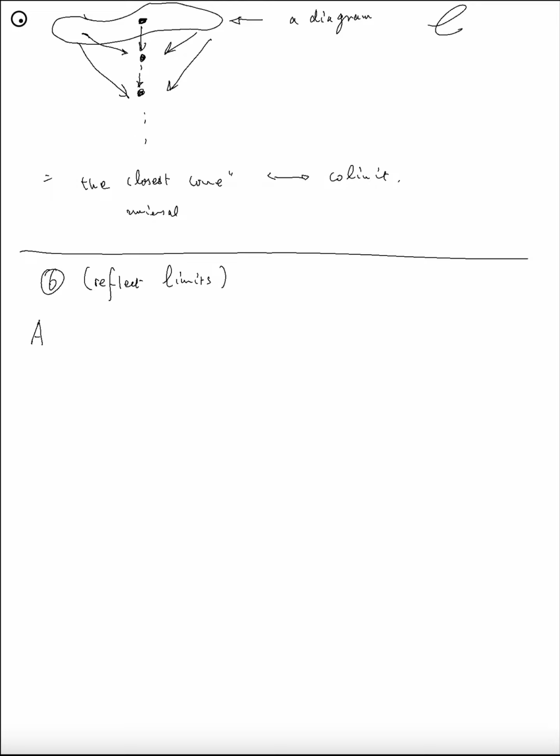So a functor is said to reflect limits or colimits of a given shape